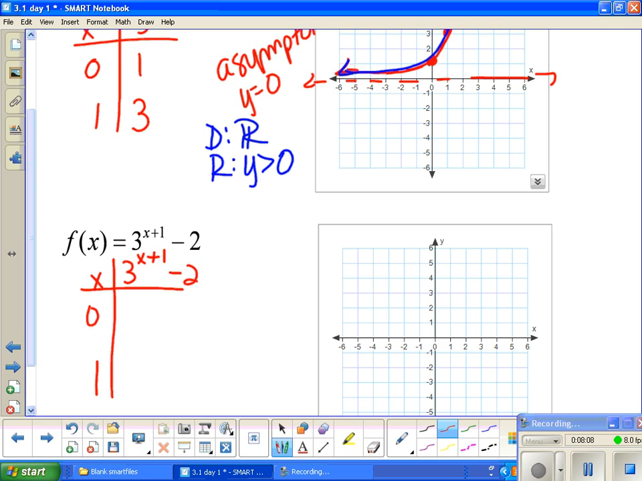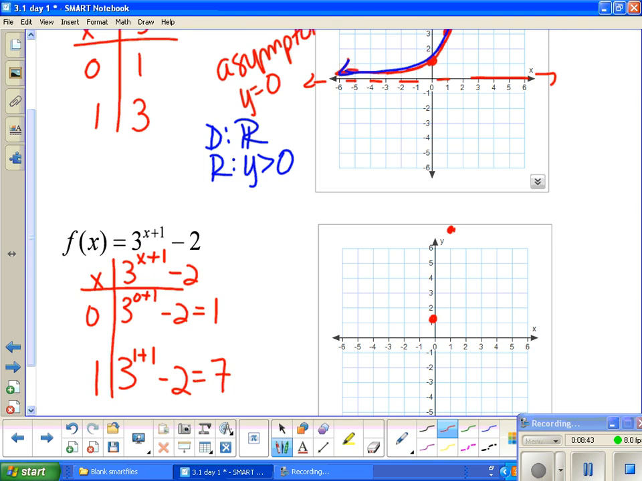Okay. So 3 to the 0 plus 1 minus 2 is equal to 1. 0 plus 1 is 1. Then minus 2. Okay, now let's plug in 1. 1 plus 1 minus 2. 3 squared is 9. 9 minus 2 is 7. Okay, so my graph is at 0, 1, 1,